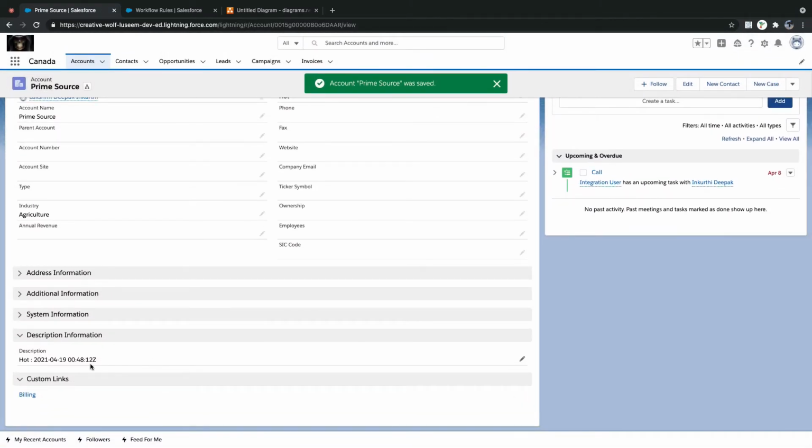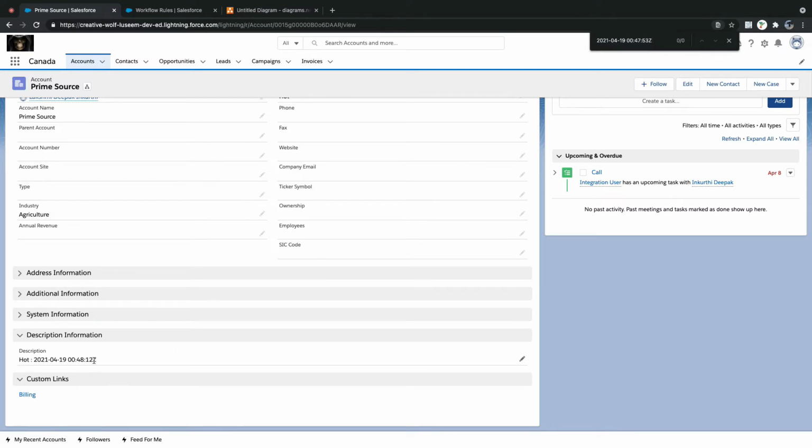What's the date here? Before it was 47/53Z, now it is 48/12Z. So even if you modify or don't modify, the date is getting updated automatically. It means every time the workflow rule is firing. Clear?